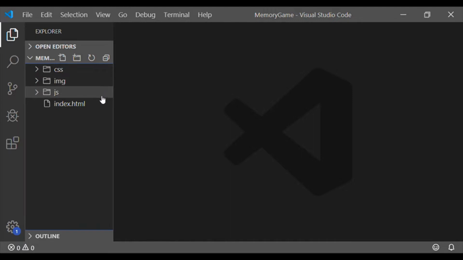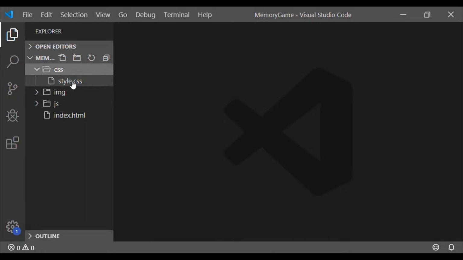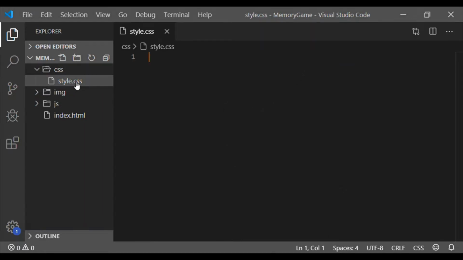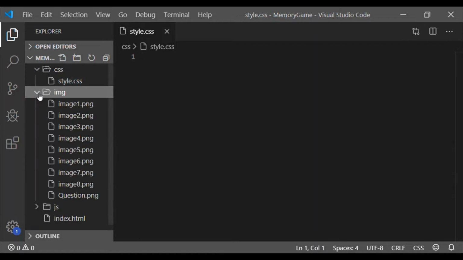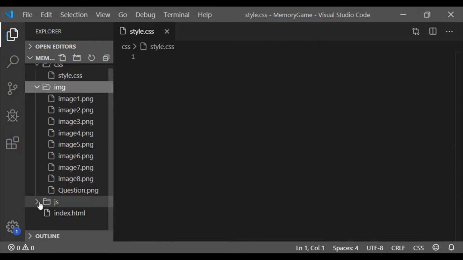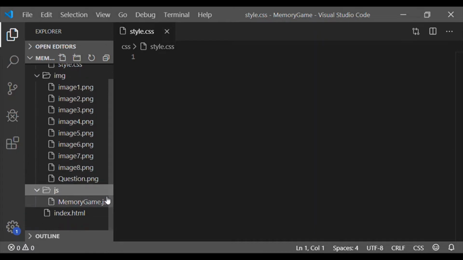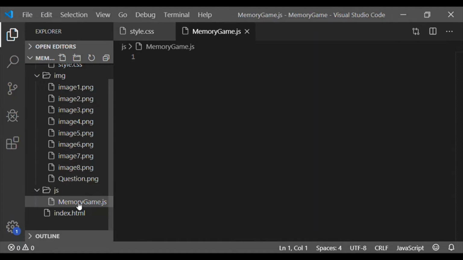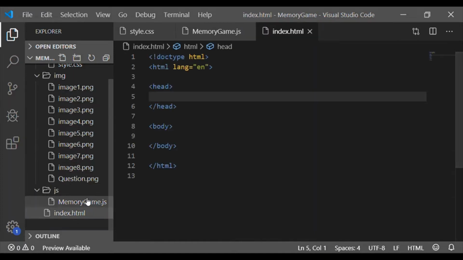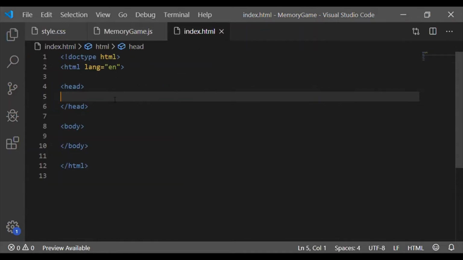The folder structure is as displayed. Within the CSS folder, we will have style.css to write our styling code. And within the image folder, I have 9 images, 8 for the back side of the card and 1 common image for the front side of the card. Within the JS folder, I have memorygame.js, which is used to write our script, and index.html is our HTML file, which is going to be very